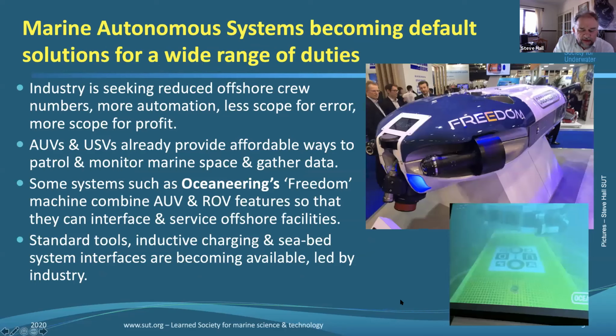So marine autonomous systems are very rapidly becoming the default solutions for quite a wide range of duties now. Those of you who were at Subsea Expo a few months ago in Aberdeen might recognize the Oceaneering Freedom vehicle shown in the photograph there. Freedom is still a fairly unusual class of vehicle, the hybrid autonomous underwater vehicle and remote operated vehicle. So it's combining aspects of the best features of both. It doesn't need to be tethered to the oil or gas platform or the mothership. You're able to deploy it. It goes off